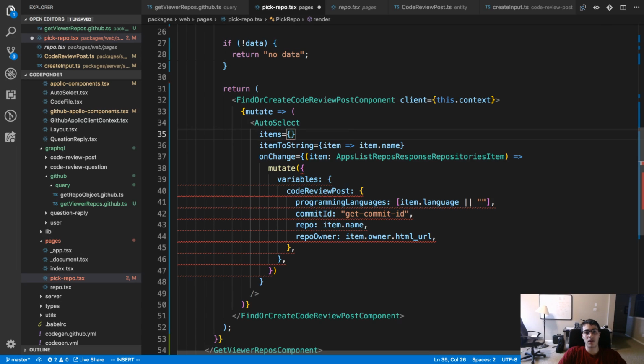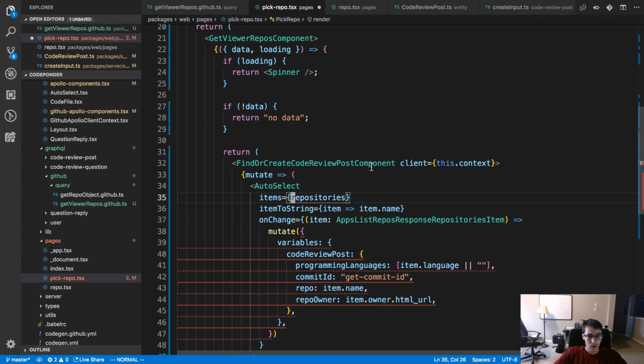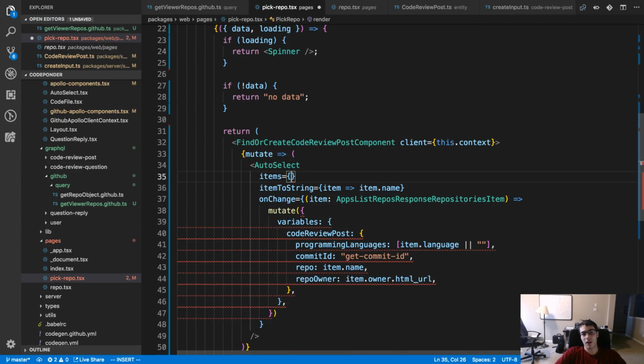So instead of repositories here, it's going to be messy actually. Actually, no, it's not, because we can say data.viewer.repositories.edges.